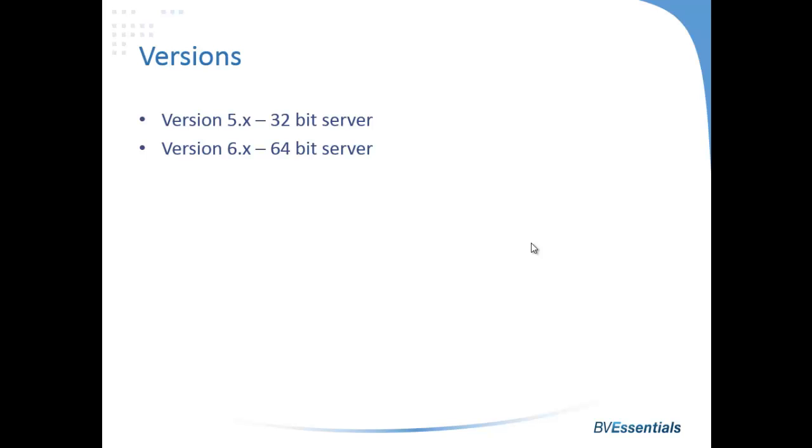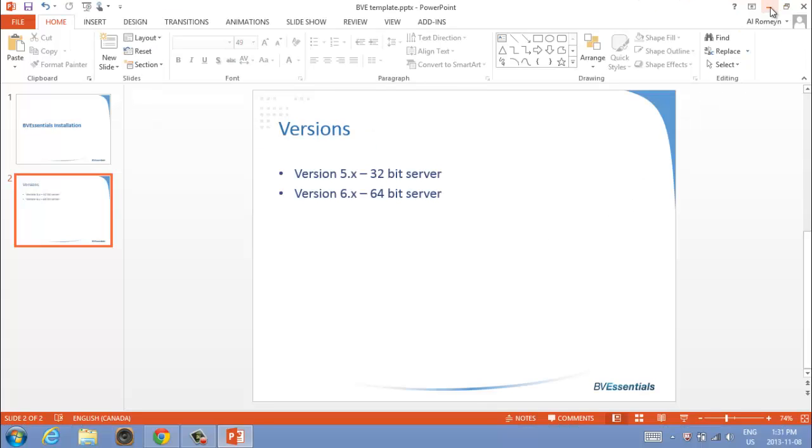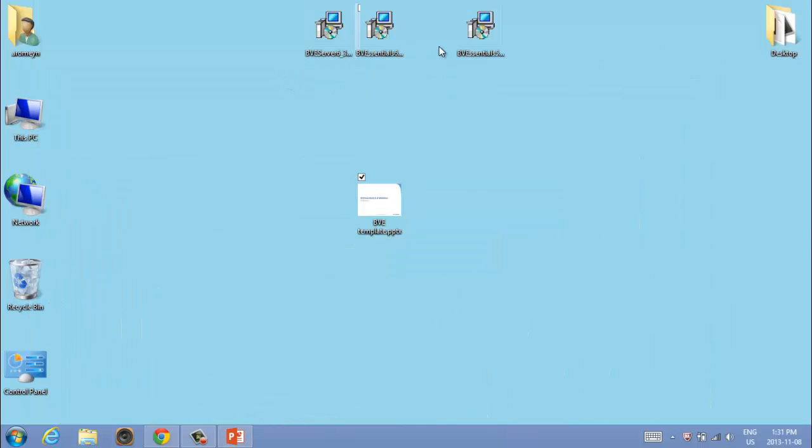Okay, let's start with installing on the 32-bit computer. It is the easier of the installations to do. You'll notice that here I have the 5.11.1, and this is the 32-bit version. The 64-bit version has two files, one for the server and one for the workstation. So installing version